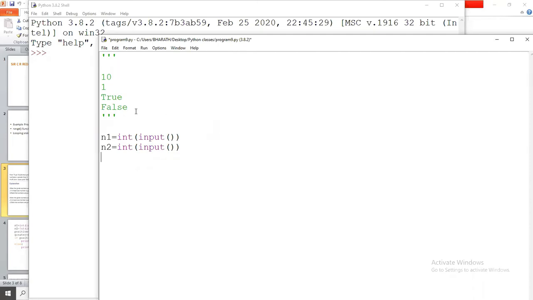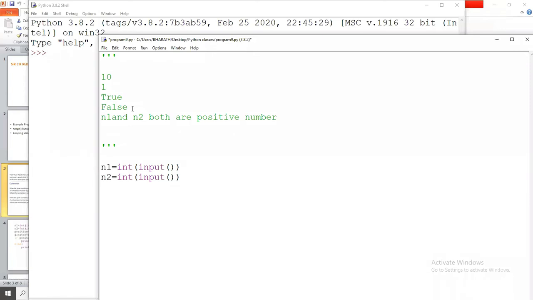Here we have two conditions. What is the first condition? You are going to check whether these two numbers, n1 and n2, are both positive numbers. So how can we find whether a number is positive or not? For example, 10. Is 10 a positive number or not?